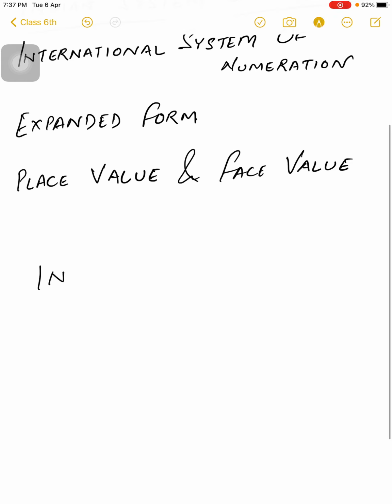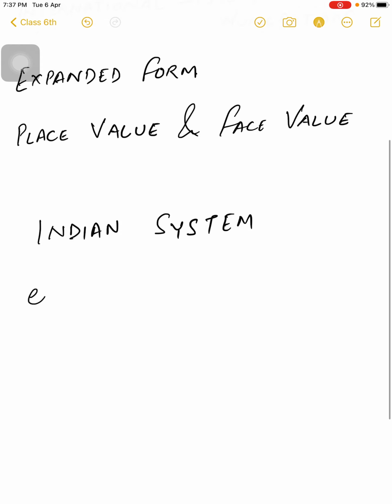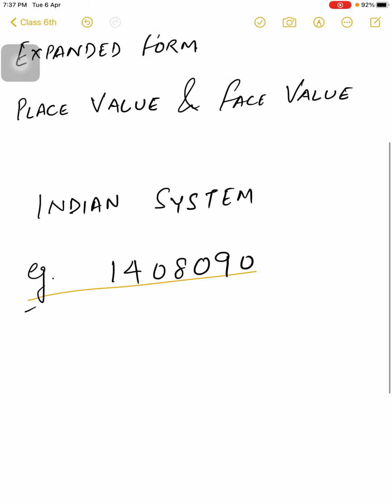Okay, so the Indian system. I'm going to take an example. We'll take a large number. Now you are in 6th standard, so the number is... Okay, so first of all, what will you do?